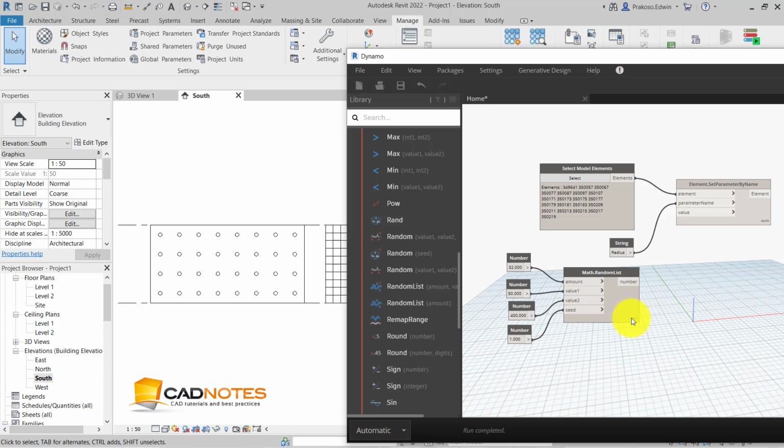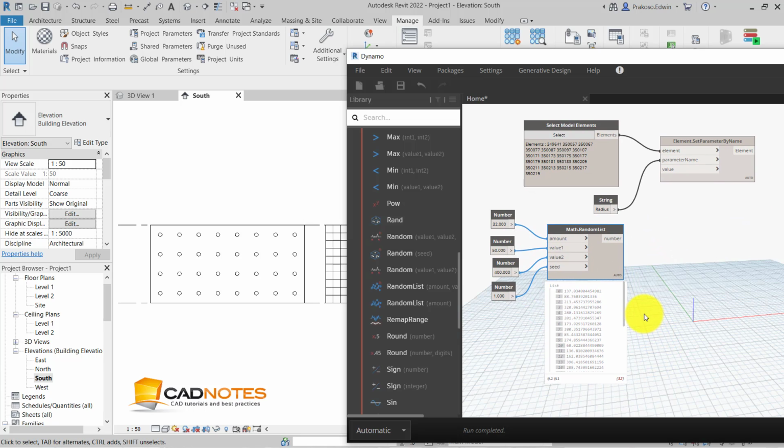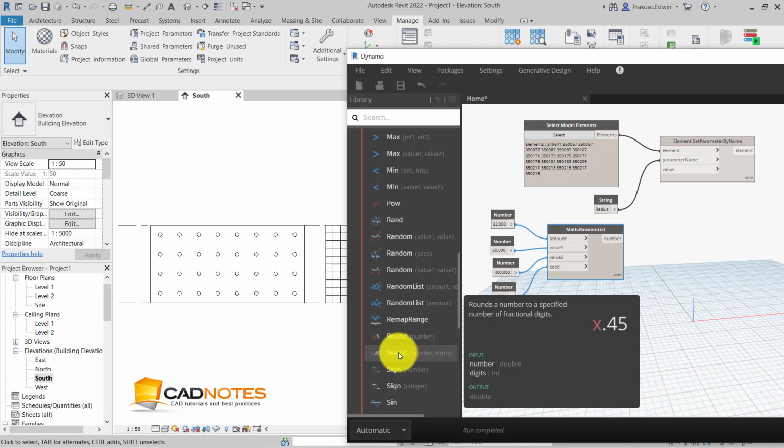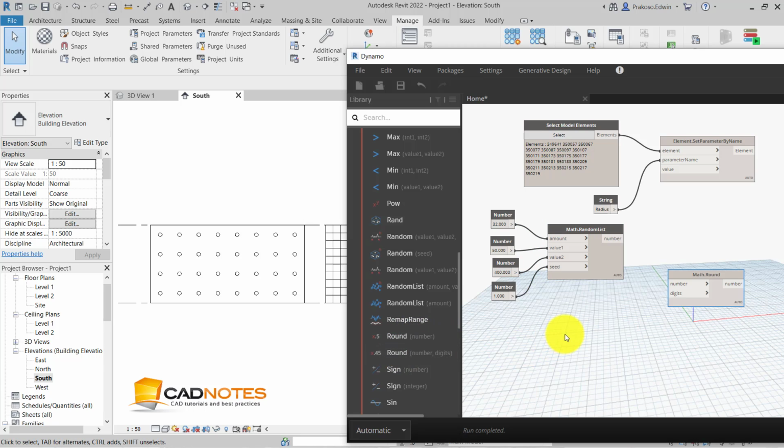Now we have 32 random numbers. This number is still in decimals. We want to round the numbers first, so let's just use this one. This is the number, and for the digit it is 0.